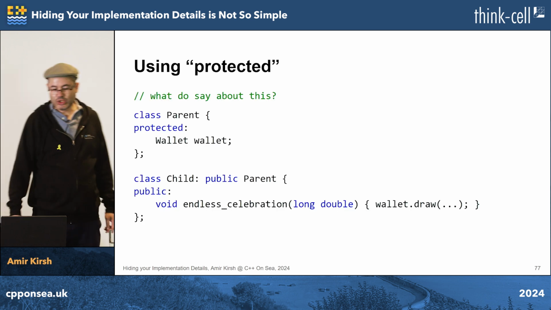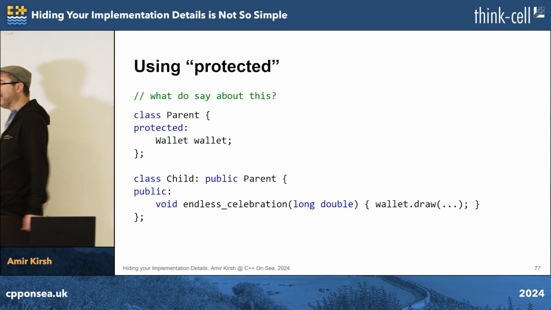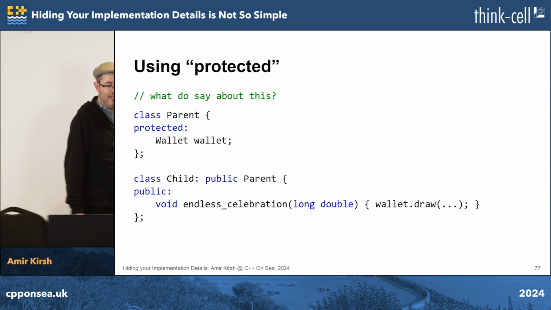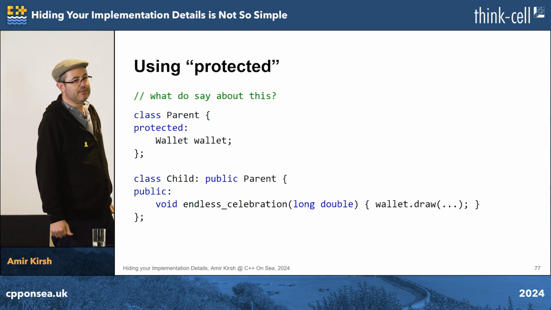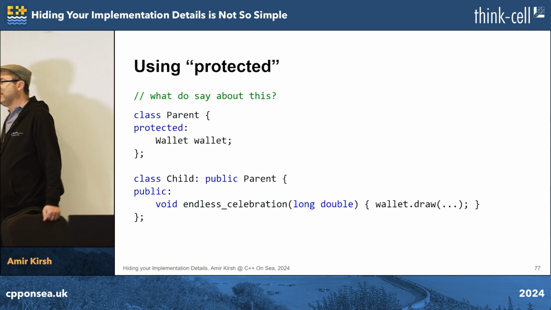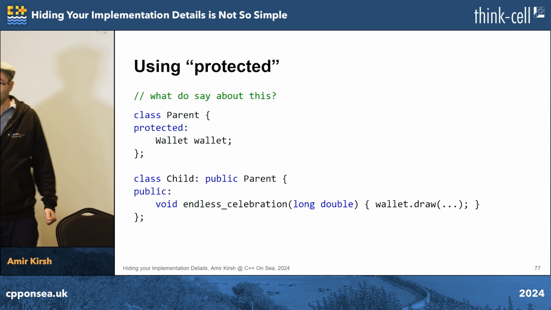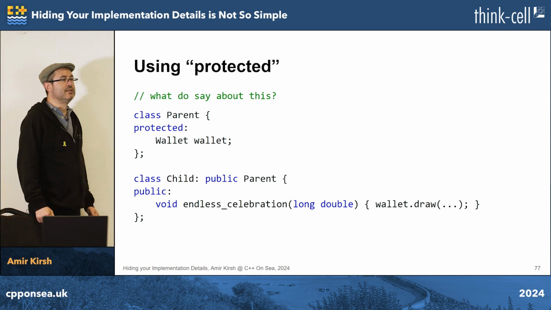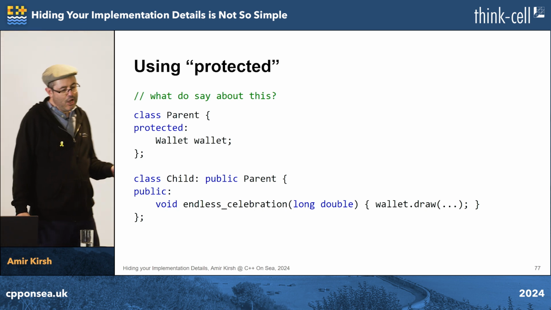So we have a parent and the child. The child likes the protected. The parent has a protected field wallet, and the child has a function, endless celebration, which can use directly the wallet. It works. I don't know if you want it. Now, it's not the exact